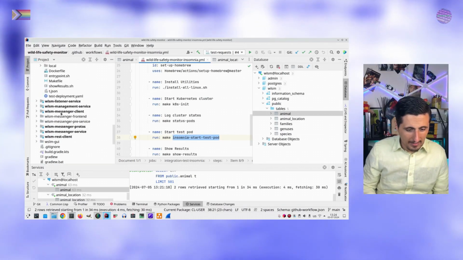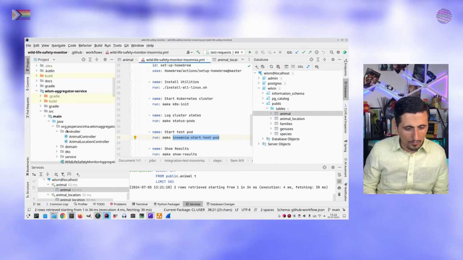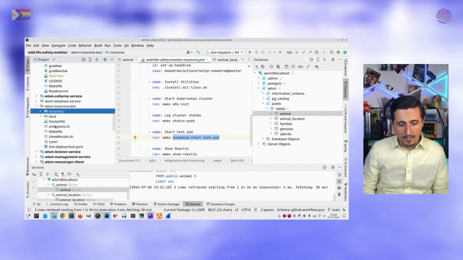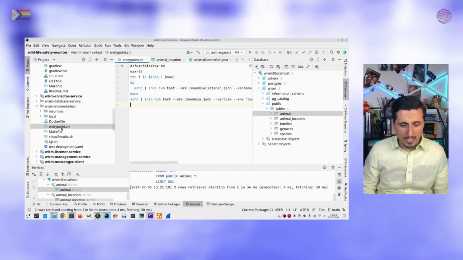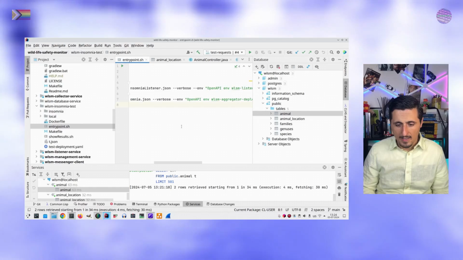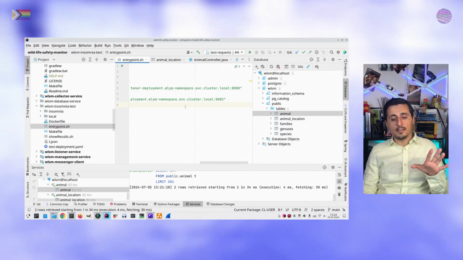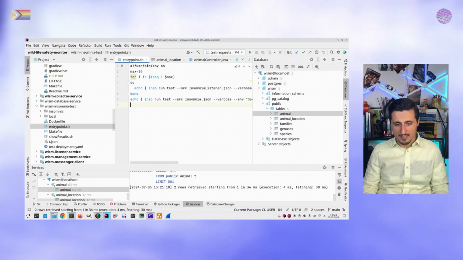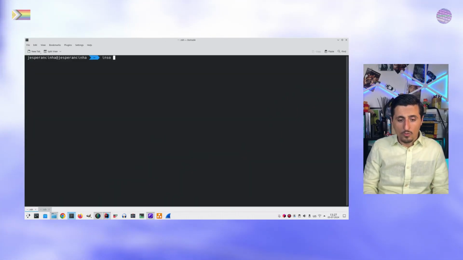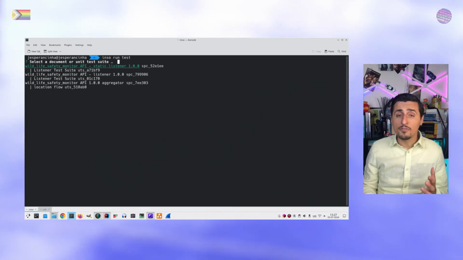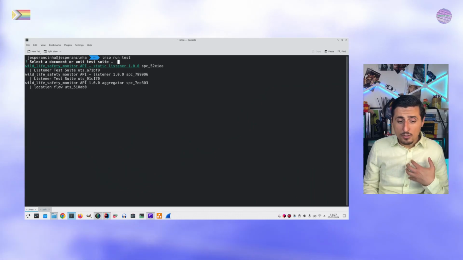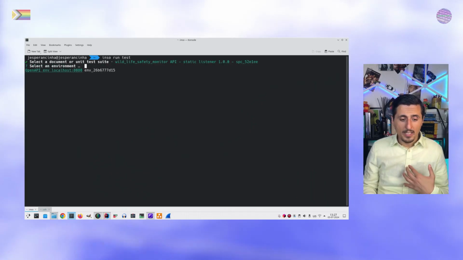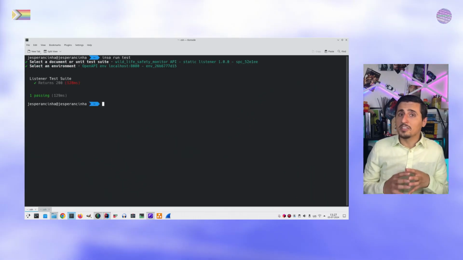So let's have a look at our test pod, and that is the one over here. And if we go to the makefile, we can see that it runs an entry point that has this. And what we need at this point is just this, inso run test. If we run inso run test, we'll be able to first choose the test suite that we want to start. And if we choose the first one, the static listener, it will run successfully because it is only creating an